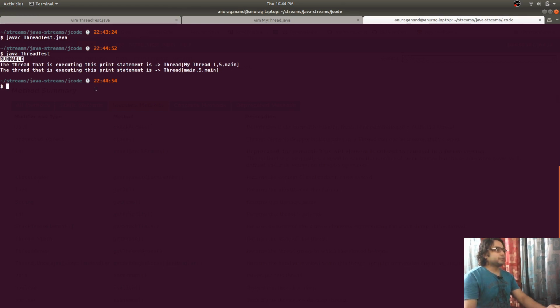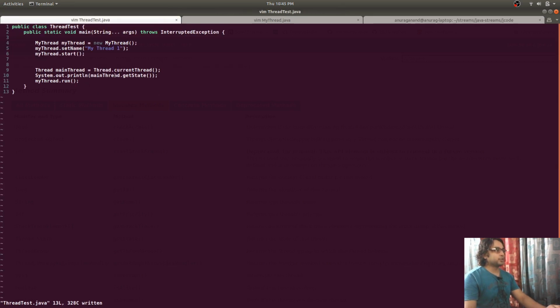So this is the state that was printed by this function: our main thread is in runnable state.